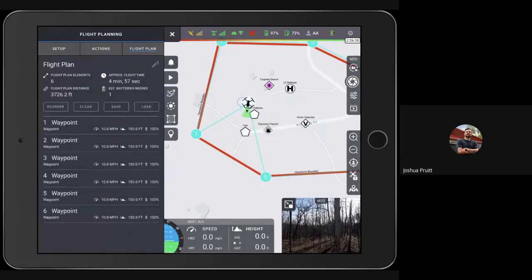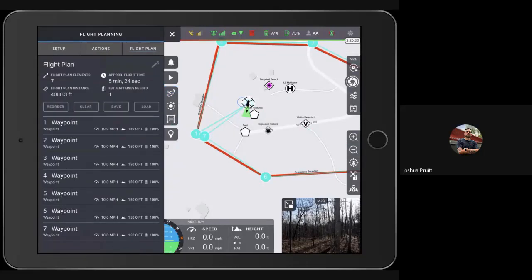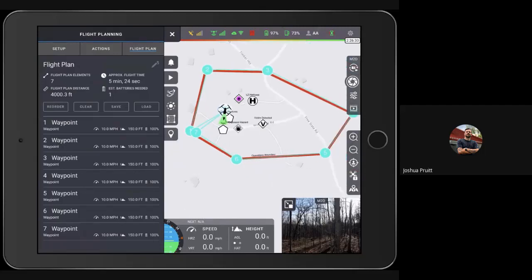So again, guys, this kind of goes back into that scene monitoring, scene security. Let's say it's the holiday time. I'm sure we're doing a lot of Christmas tree lighting festivals and things like that, Festival of Lights in our different municipalities. We could pre-program this flight plan and have it saved either locally to the device or up to the cloud, which we'll talk about at the end here. And every 15, 20 minutes, we can execute this flight plan and essentially monitor the perimeter,